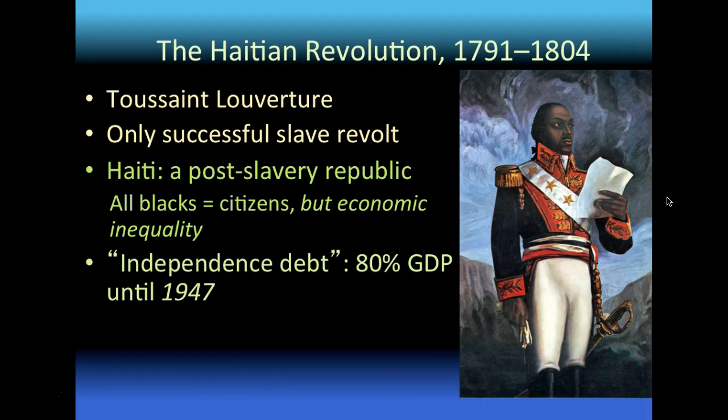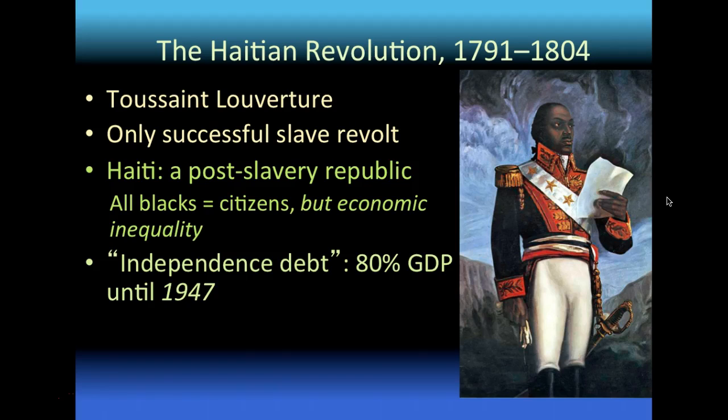And this independence debt is a humongous problem that has lasting repercussions, I think, to today. This independence debt basically meant that the Haitians, who were former slaves, had to pay back the white French plantation owners for property, meaning human slaves. And this led to 80% of the gross domestic product being sent over to France on a regular basis until 1947,